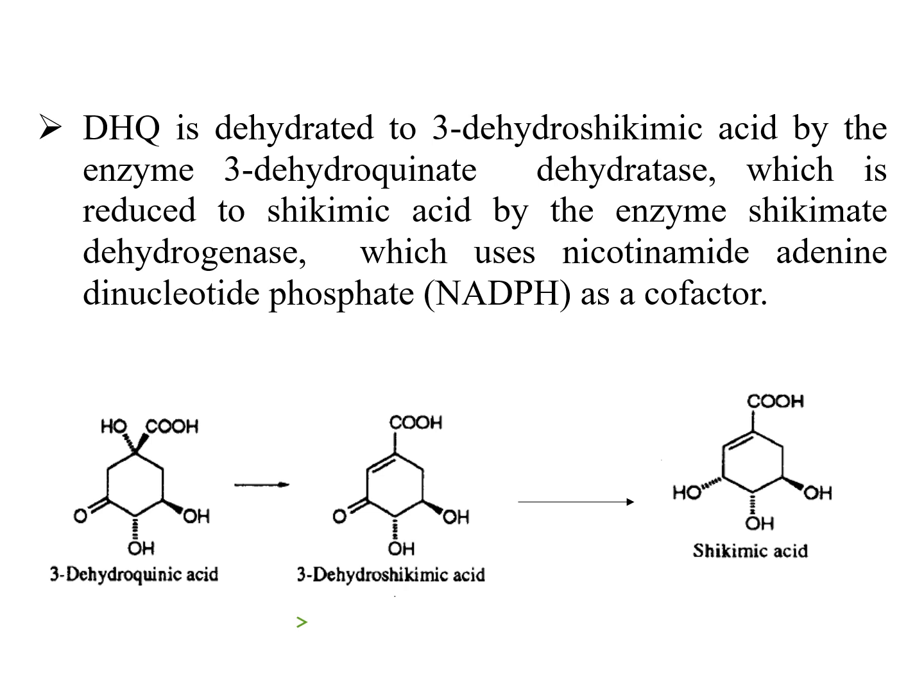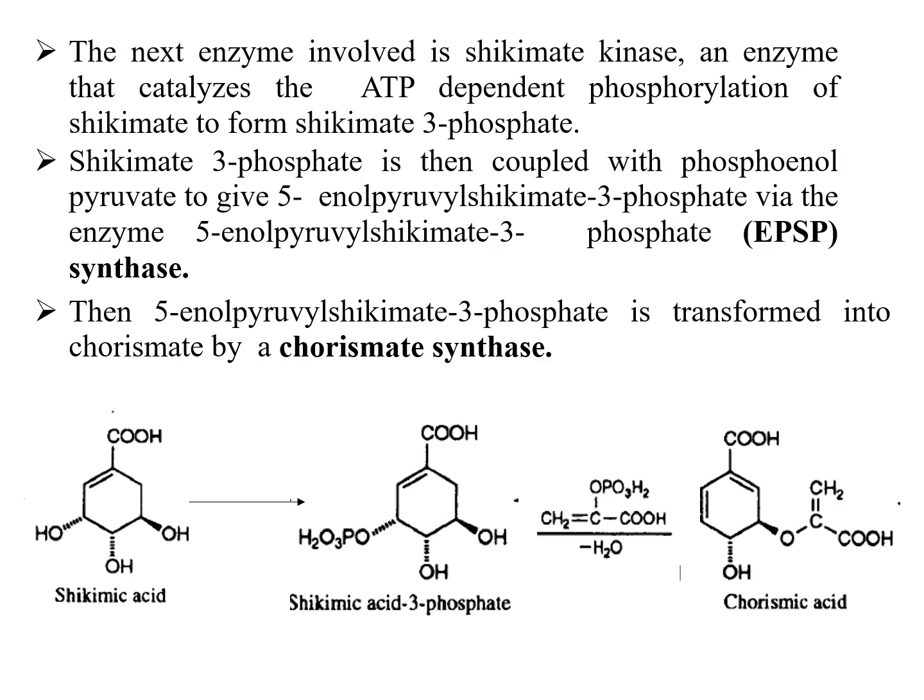As I told you, the precursors are phosphoenol pyruvic acid and erythrose 4-phosphate. Now the intermediate is shikimic acid. So up to shikimic acid, half of the biosynthetic pathway occurs. Now after shikimic acid, it will be converted into shikimic acid 3-phosphate by the enzyme shikimate kinase. Okay, so shikimic acid 3-phosphate is produced from shikimic acid by the enzyme